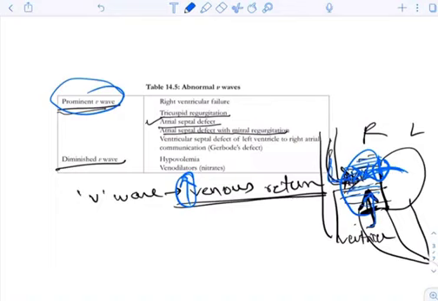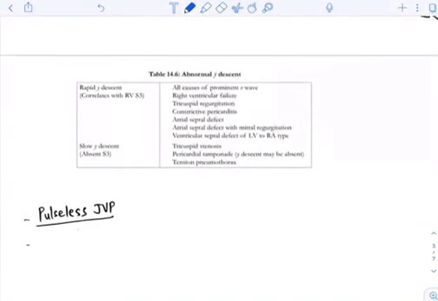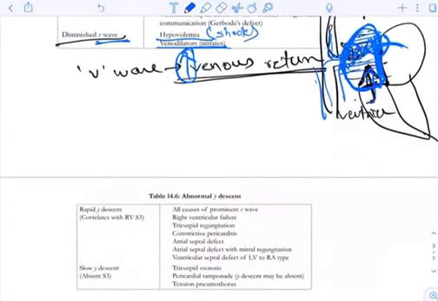Diminished V wave, we know, is when the blood inside the atria will not be more, it will be less. So how can the venous return be reduced? The main cause is hypovolemia. Either the person is losing more volume through vomiting, diarrhea, as in cases of shock we can see, and second is venodilators. Because of the dilatation of these vessels, the blood entering the atria is less, and that's why there is diminution of this V wave. Next is abnormal Y descent. Now we know what are the causes of the Y descent.